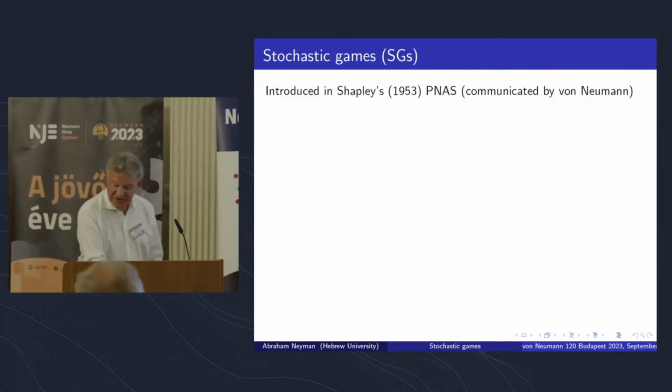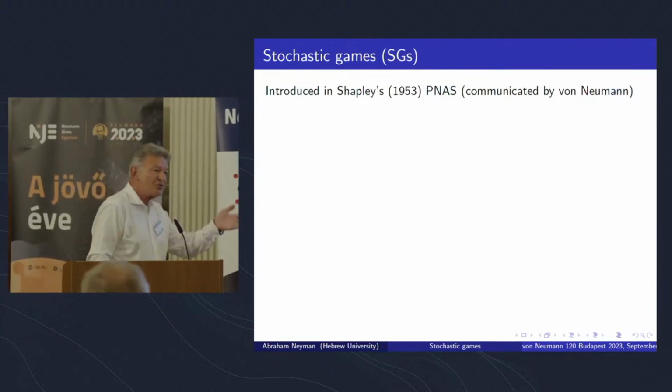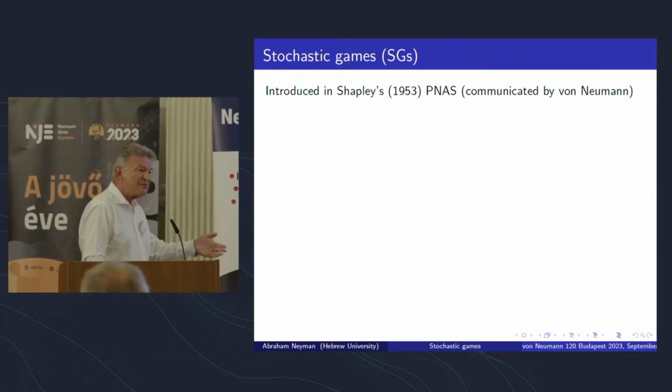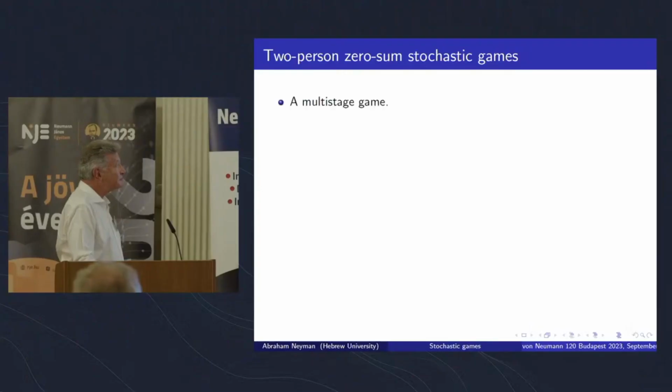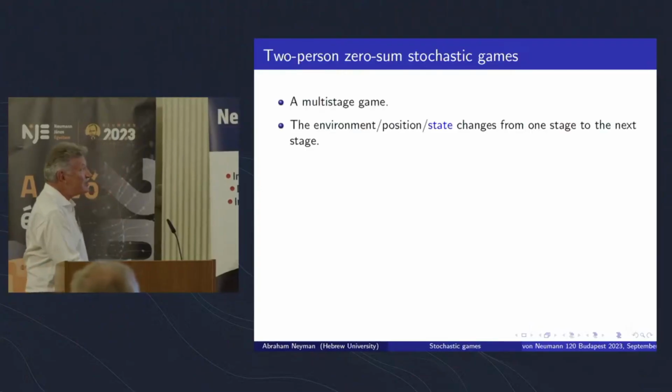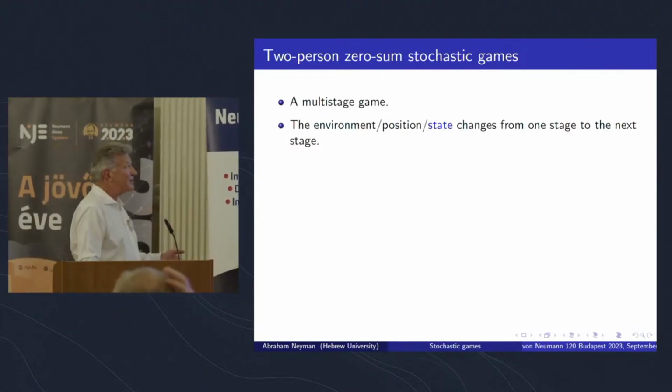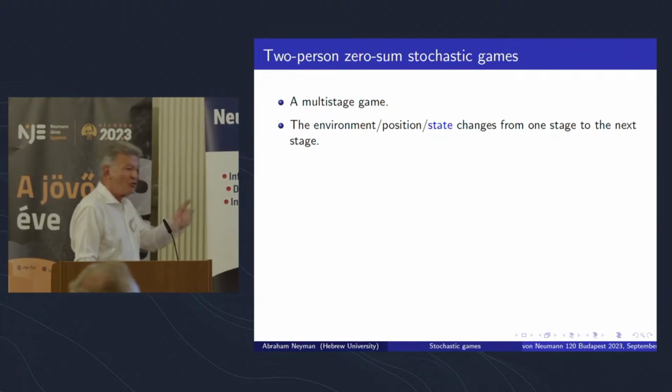Now let's move to the second part, which is stochastic games. And my description of the simultaneous move games with chance moves was a kind of a preparation for this type of model. So this was a paper by Shapley, 53, communicated by von Neumann. So what is a two-person zero-sum stochastic game? It's a multi-stage game. The environment or position or state, the formal language is state, changes from one stage to